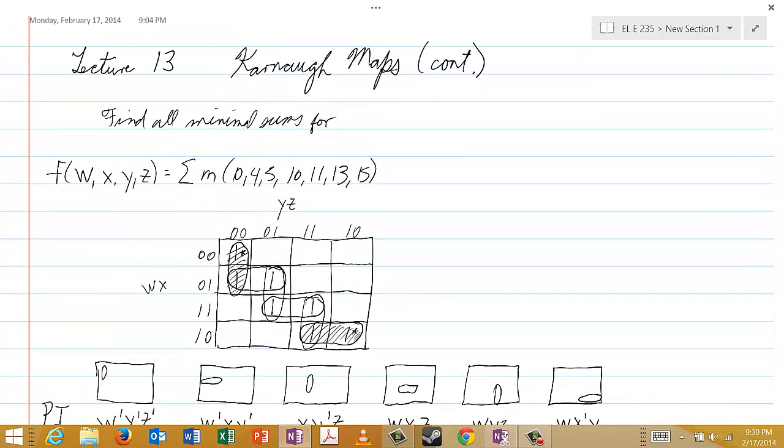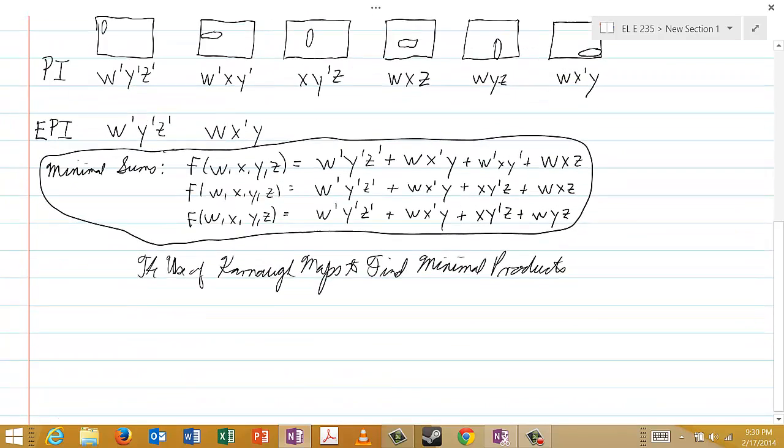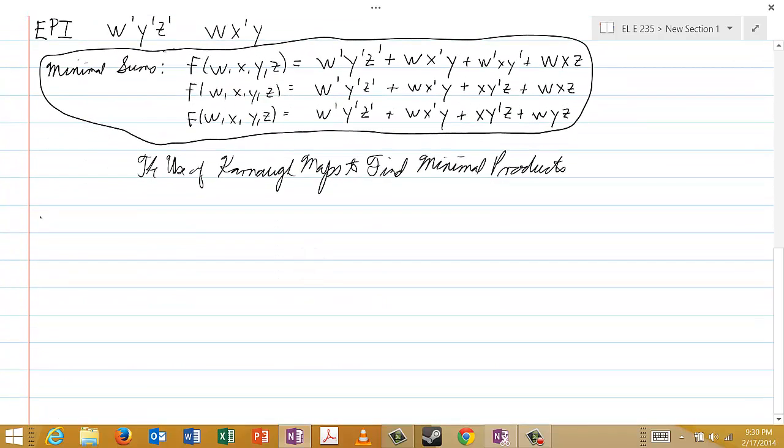We need an example to work with, so why not work with the problem that we just did? So for example, find all minimal products of the function